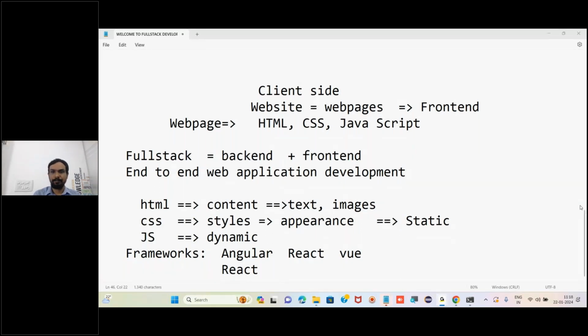Yeah. No, Java cannot be used. The only language which works for the front end is JavaScript. So, yeah,